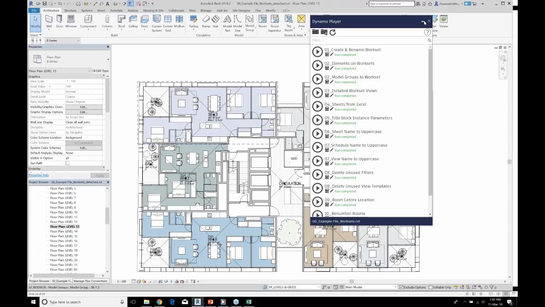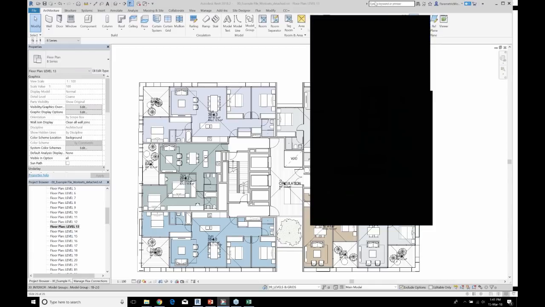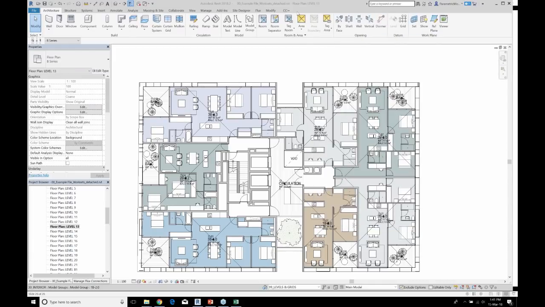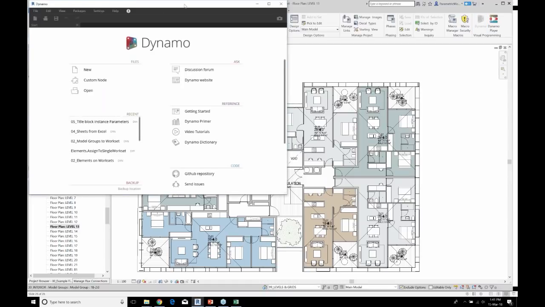Yeah, so I'll just quickly show you. If you're not familiar with it, you can't have Dynamo Player and Dynamo open at the same time. That could be a nice feature too, if they wanted to add it.